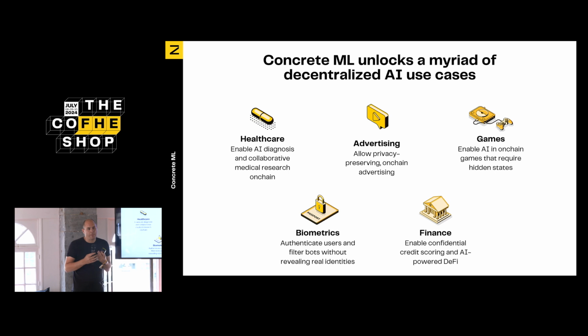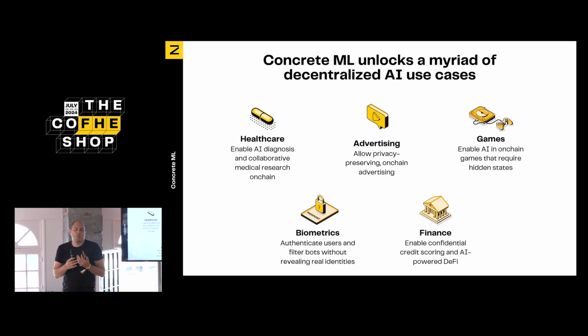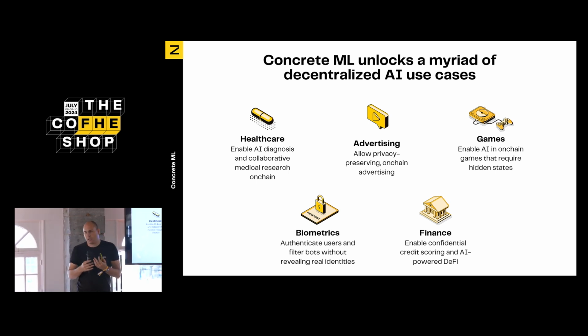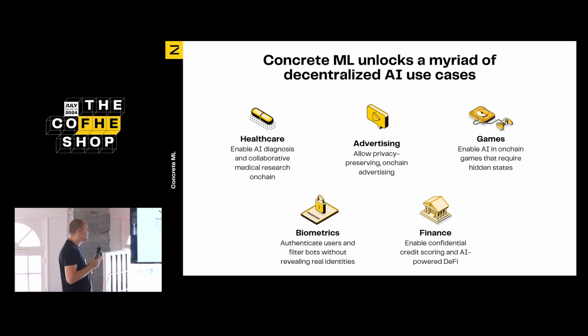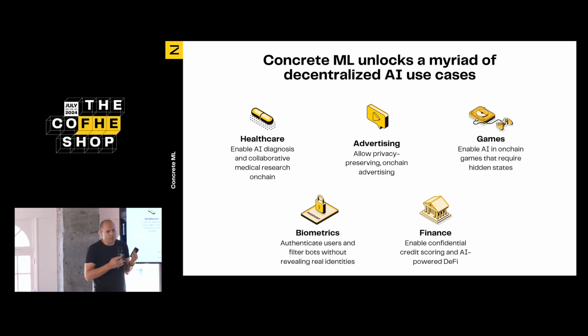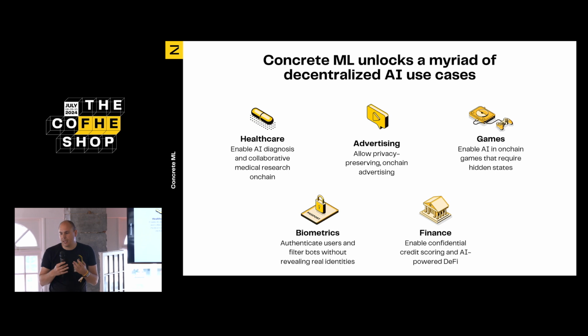So, with privacy, we enable a large array of use cases. For example, in healthcare, we can think about patient records that can be stored on-chain and over which we can provide services such as AI diagnosis or collaborative medical research. So when using an encrypted blockchain, we can also provide collaborative features because using a public key infrastructure, we can process data coming from multiple users and provide insights that can only be obtained by aggregating information coming from many users.